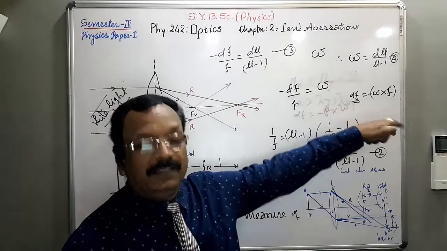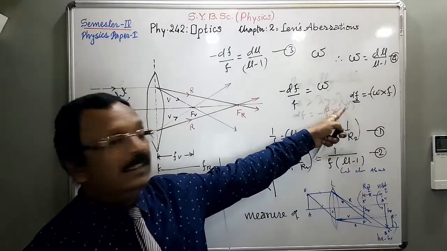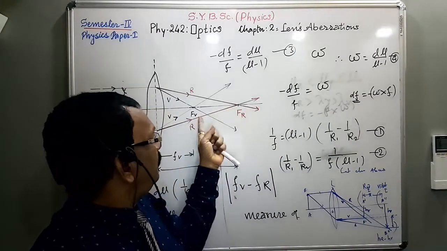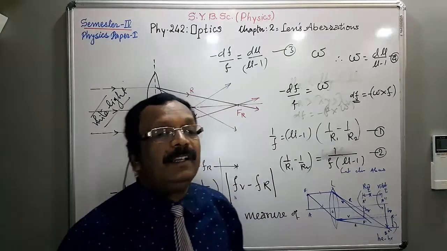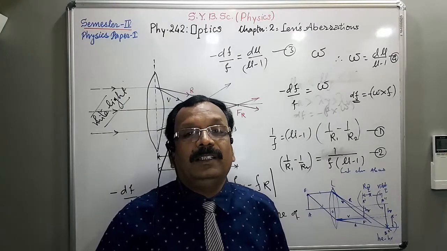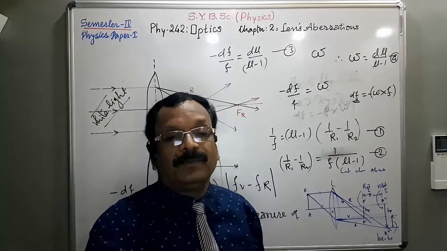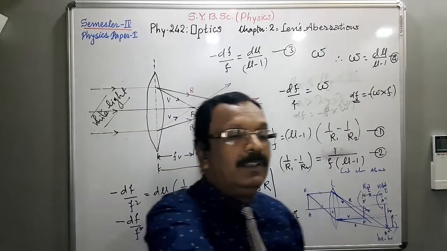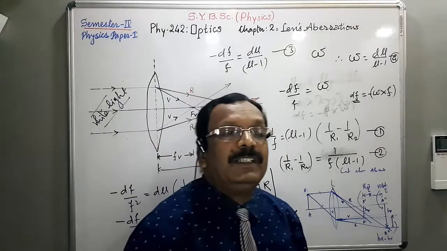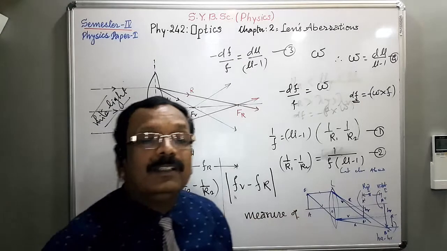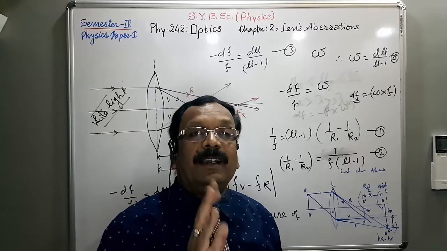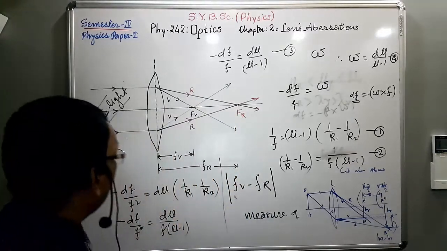And from this equation, it is clear that this is the longitudinal chromatic aberration, because this gives the difference between two focal lengths of extreme colors, violet and red. So longitudinal chromatic aberration is equal to dispersive power into mean focal length. Okay. Now, lastly, we are going to see the second type of chromatic aberration, that is transverse or lateral chromatic aberration. And in lateral chromatic aberration,